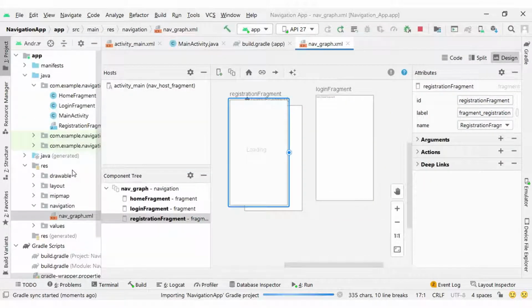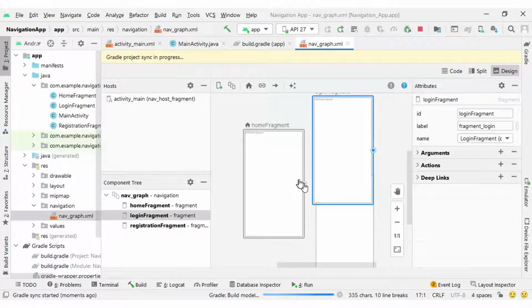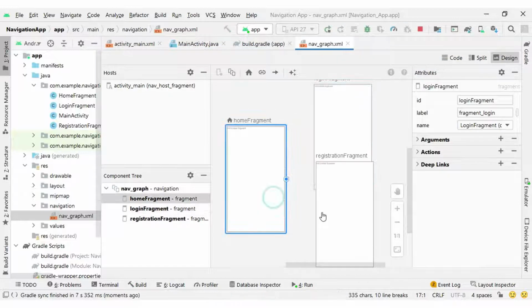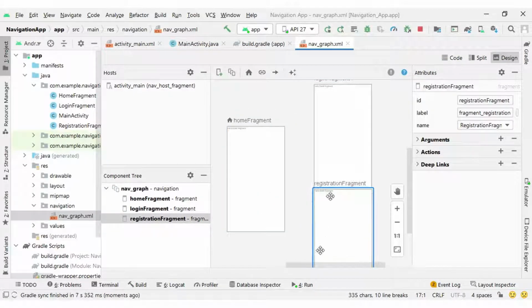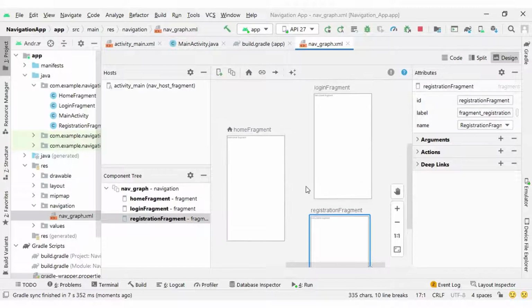Okay, so we created three destinations here. You can see each fragment represents one destination, and here you need to set up the action as well. Action means from which fragment you want to redirect to another fragment.